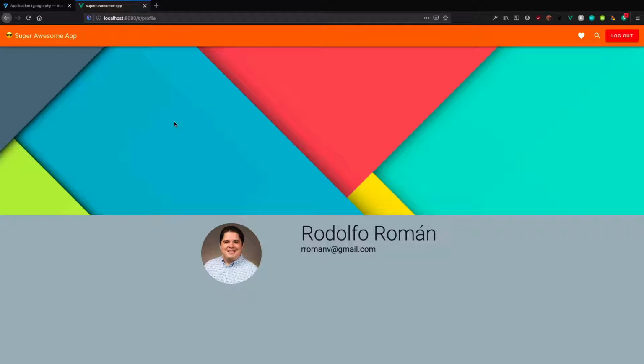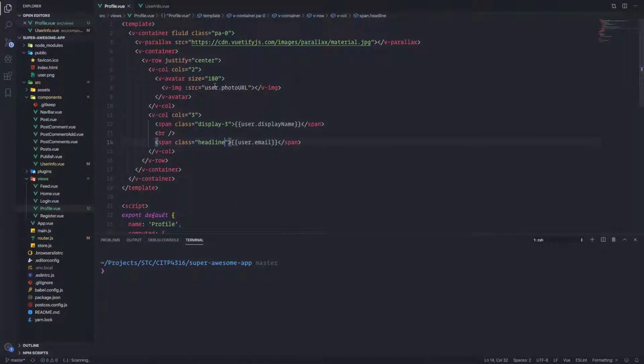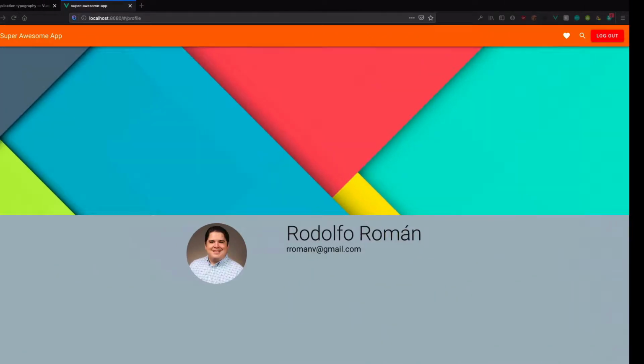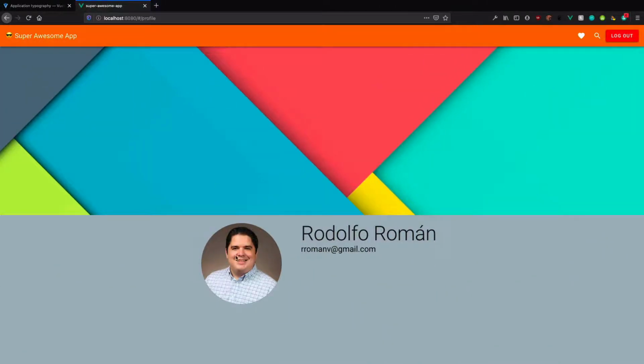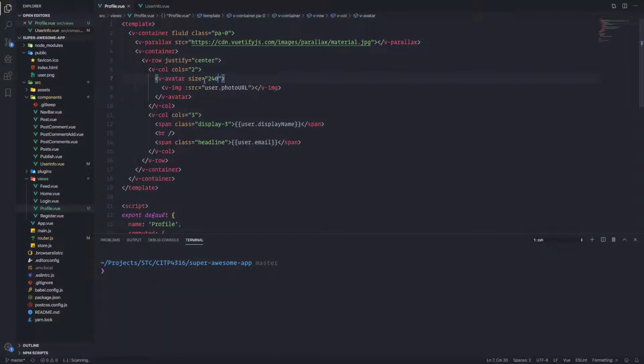Now that I have those, let's actually return the image to be a little bit bigger. Let's return it to 240. And let's move the image to the top and use part of the element that we have here. So we can actually handle the margins of the element, but instead of giving a positive margin, we're going to give it a negative margin. And it's something going to be custom. In this case, what we're going to do is to the avatar itself,